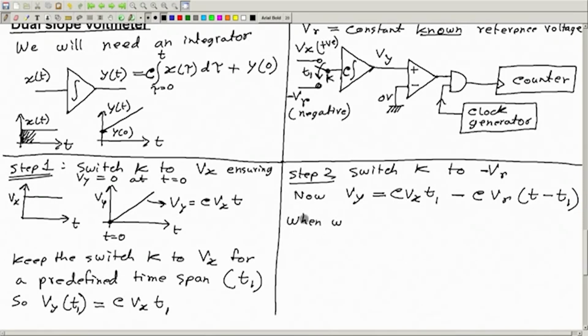One more thing, okay, so at this moment we are switching it, and we will also start this counter at t equal to t1. Okay, so let me write: also start the counter at t equal to t1, or at t1 simply. Okay, and continue counting